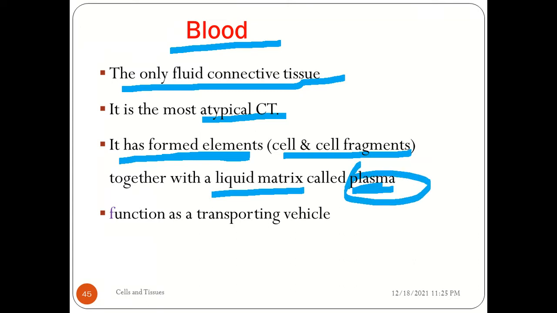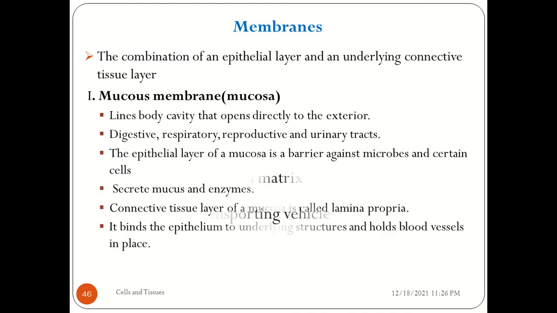Plasma is the other part of the blood and functions as a transporting vehicle to transport oxygen and nutrients. The other is membrane. A membrane is a combination of an epithelial layer